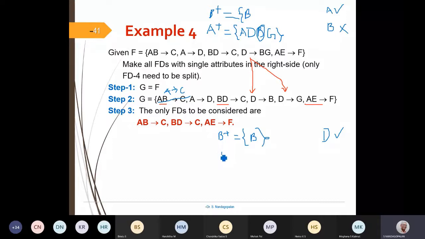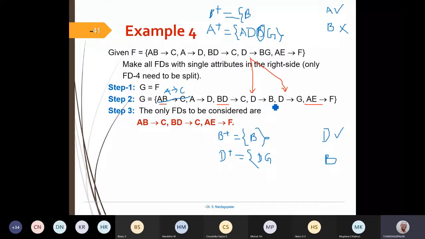And D, I remove B now. I want to test whether B should be retained or not. So if I remove B, D plus is D, D is G. D, nothing. Okay, D is actually BG.